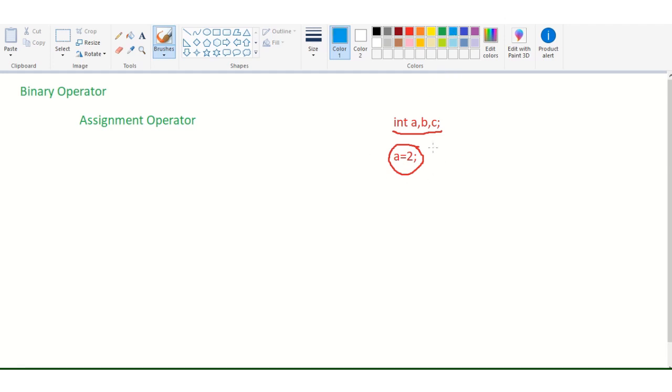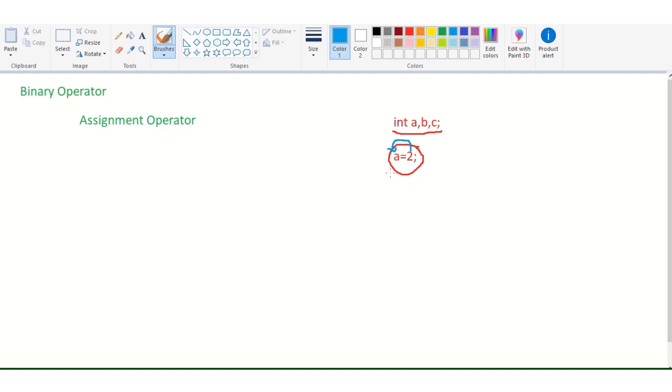So this is the assignment, and this operator helps us to assign the 2 to A. In programming language, just remember one thing: assignment operation always takes place from right to left. 2 is on the right side, A is the variable on the left side.